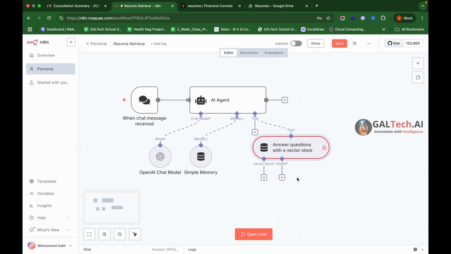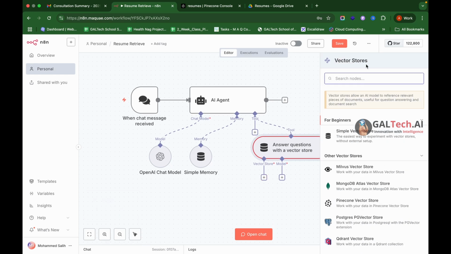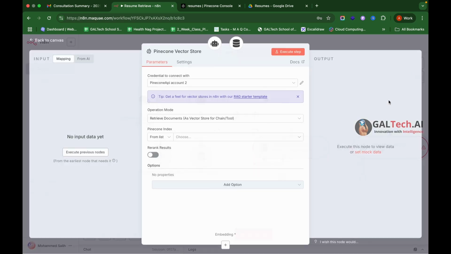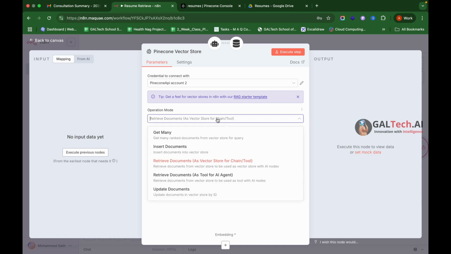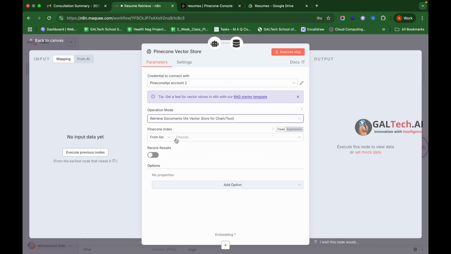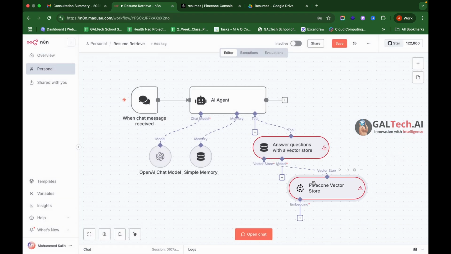After that, we have to connect it to the vector store, that is our Pinecone store. Since we have already created the authentication, that's already linked over here. Here the operation mode is retrieve documents, and now we have to choose from which index we need to retrieve the documents. It's called resume, so I have selected that.